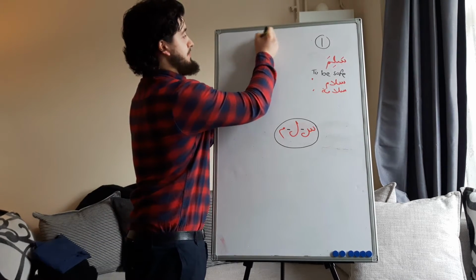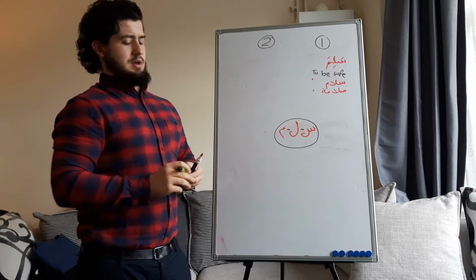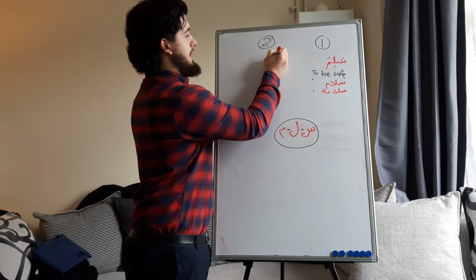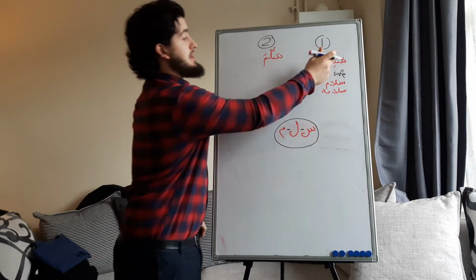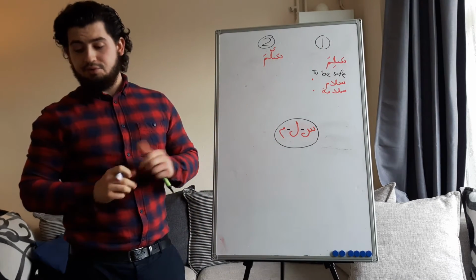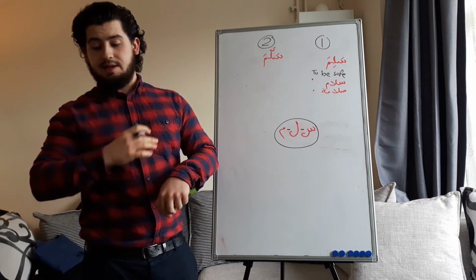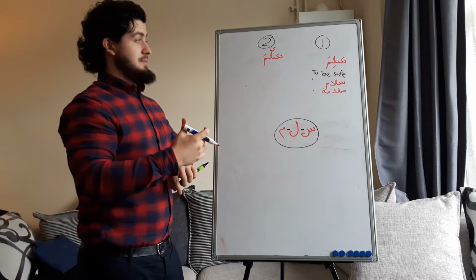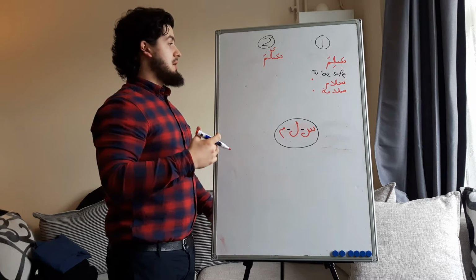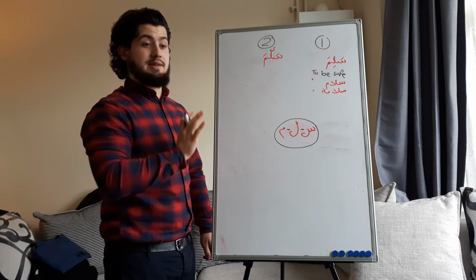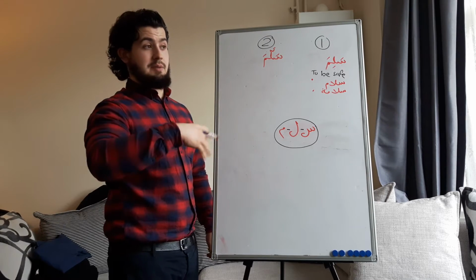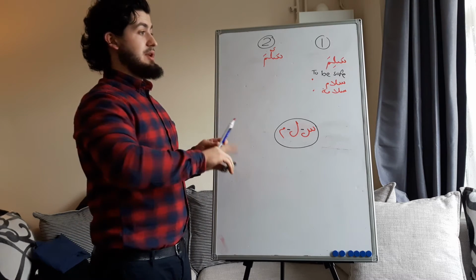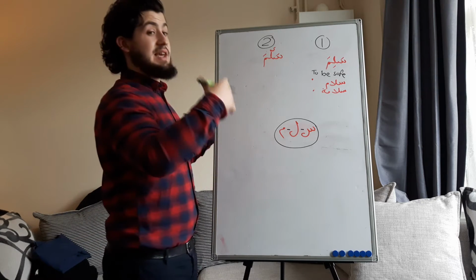So our second one is when the verb looks like sallama. Sallama. So rather than salima, it's sallama. And it's pretty closely related to what the first one means, but it's actually to make somebody else have peace. It's actually to wish peace upon somebody else. So when you say taslim, for example, it's like saying assalamu alaikum, because you're saying peace and blessings be upon you. This is why that's called taslim. So it's actually to make somebody else have peace, or to wish peace upon somebody else, or to wish safety upon someone else.